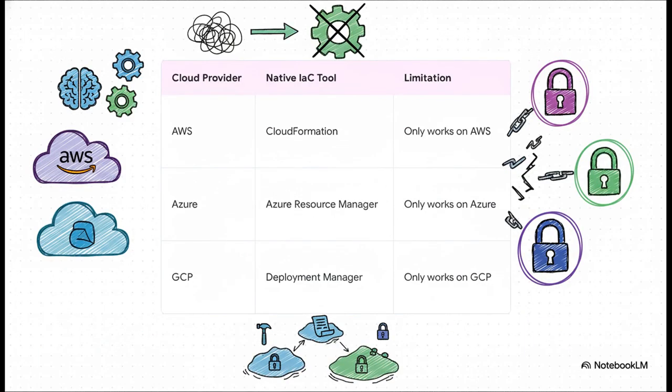Now, what's kind of wild to think about is that before Terraform became the king, this problem was being solved, but in a really messy, fractured way. Every big cloud provider had its own IaC tool. If you were all in on AWS, you had to learn CloudFormation. If you were on Azure, you had to learn ARM templates. This meant that as a DevOps engineer trying to be multi-cloud, you were constantly learning completely new languages and workflows just to do the exact same thing. You were totally locked in.